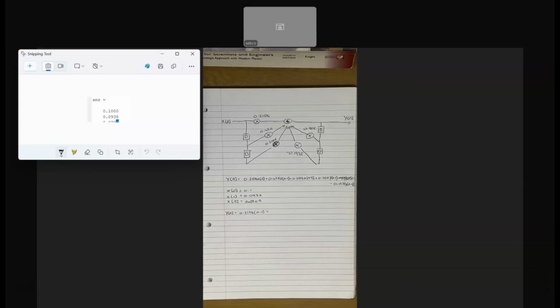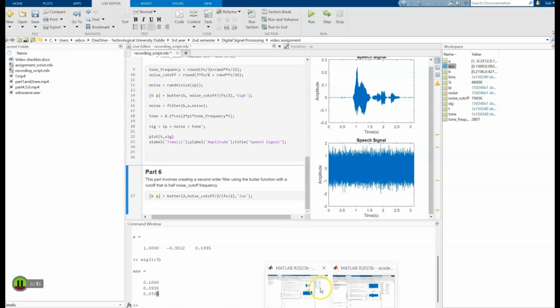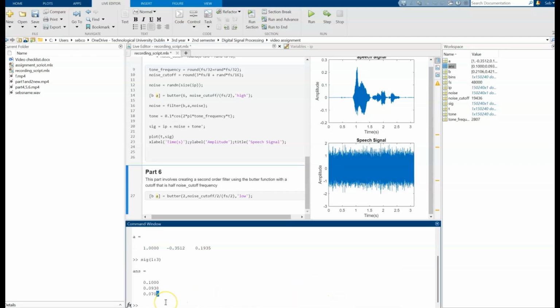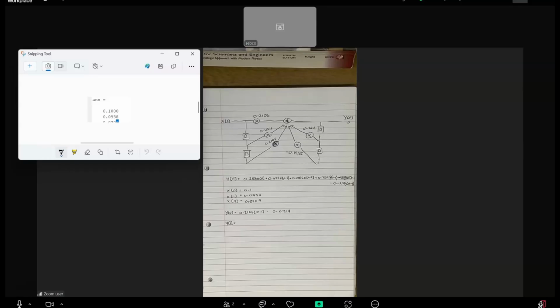And that is going to equal, get it up here on MATLAB. So that will be 0.2106 times 0.1. Well, 0.02106, 0.0211. Okay, and then y of 1 is going to equal